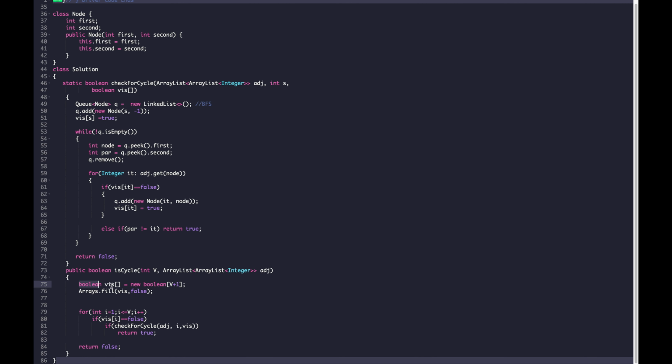So initially, I create a visited array and make sure everyone is marked as unvisited, which means false. Now the next step, I need to check every component, because if I'm checking a graph and any of the components contains a cycle, that's going to return true. So as already discussed, I run a loop from 1 to the number of nodes, that is v,